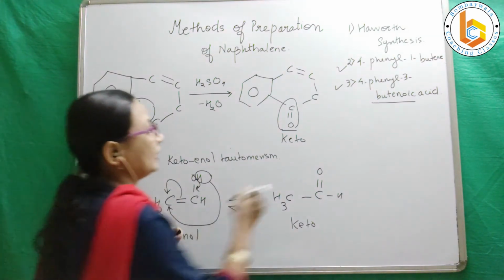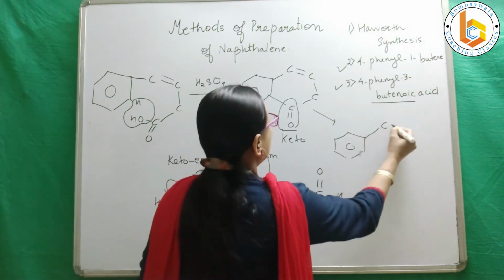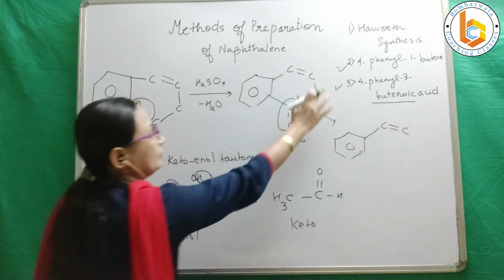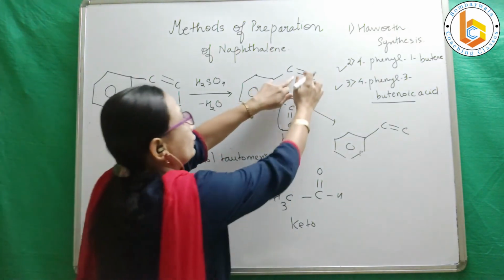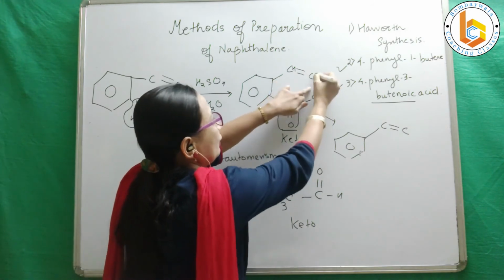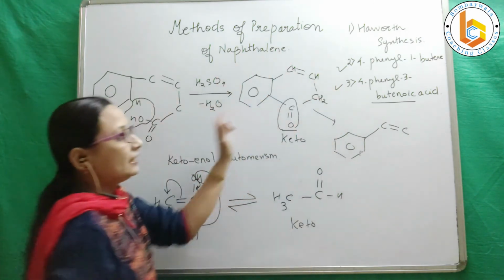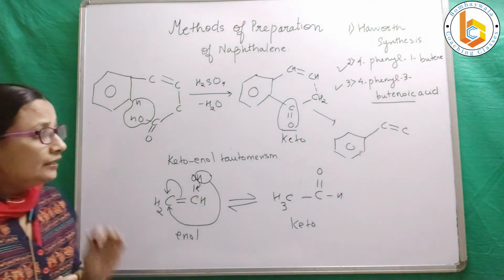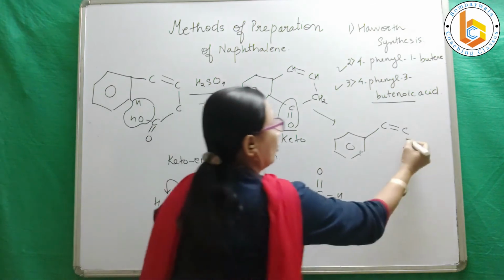So it will become like this. This is my benzene as it is. This is C double bond C. I have not fulfilled the valencies here. Let me fulfill the valencies for you so that there will be no more confusion. 2 plus 1, right? 4. 2, 3 and 4. 1, 2, 3 and 4. This is something like this. Is that there? Now see, when keto-enol tautomerism occurs, what do I get?